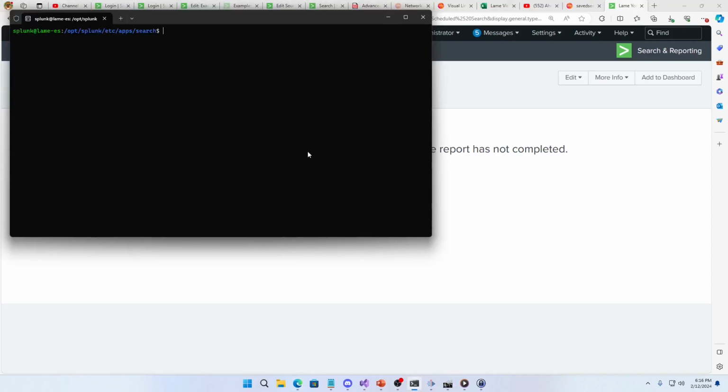Let's go find that. I'm now on my Splunk, on the user interface. Now we're going to go back to the config files. If I do a listing, I can see local. Because I made modifications, it's going to be in the local. If I look in the local, right there is savedsearches.conf. So if I go savedsearches.conf,